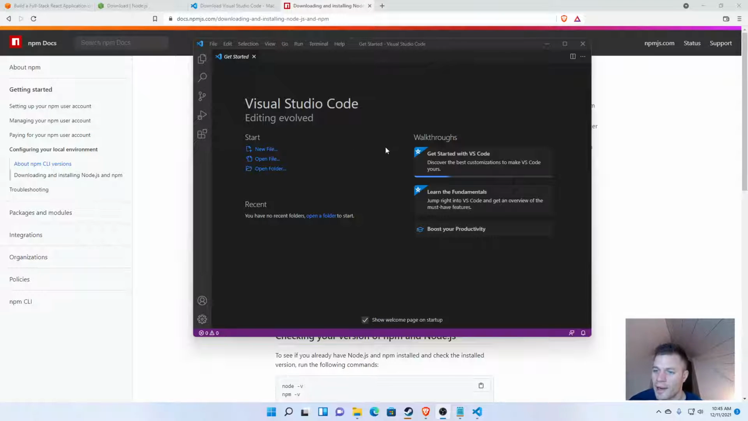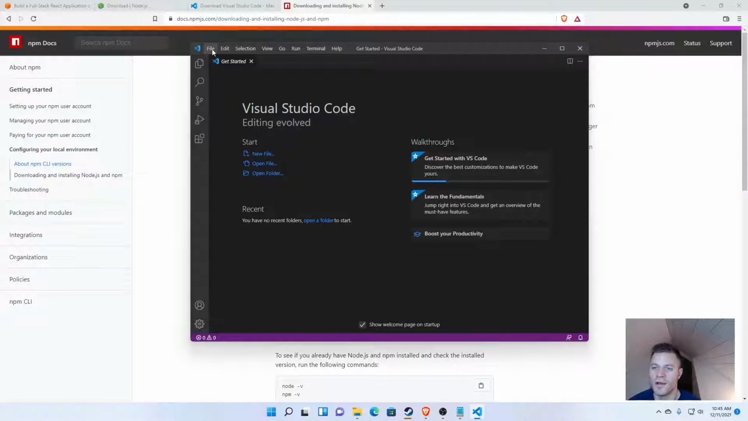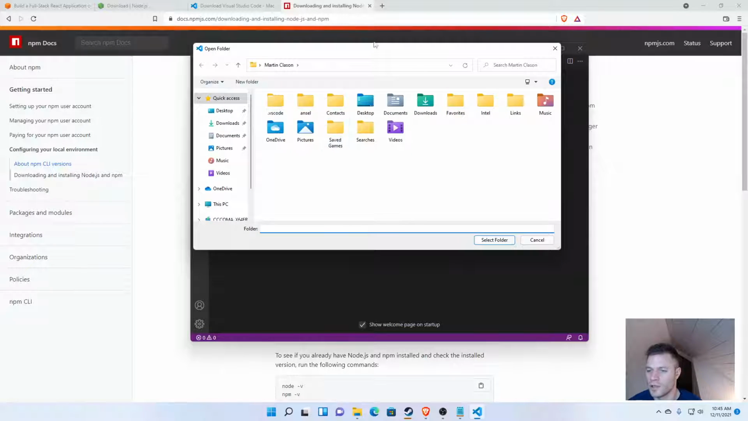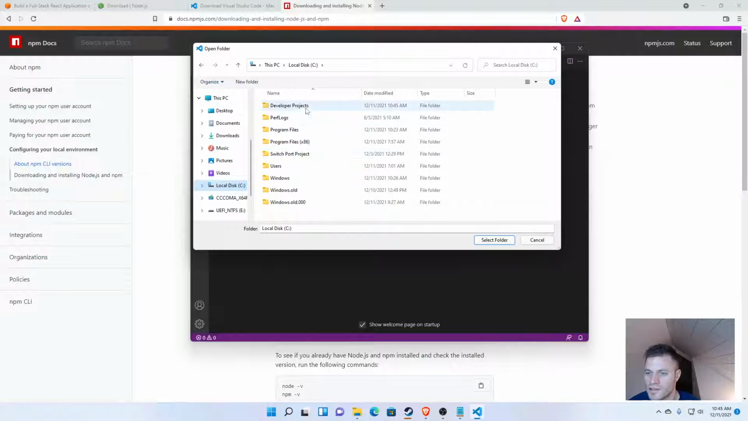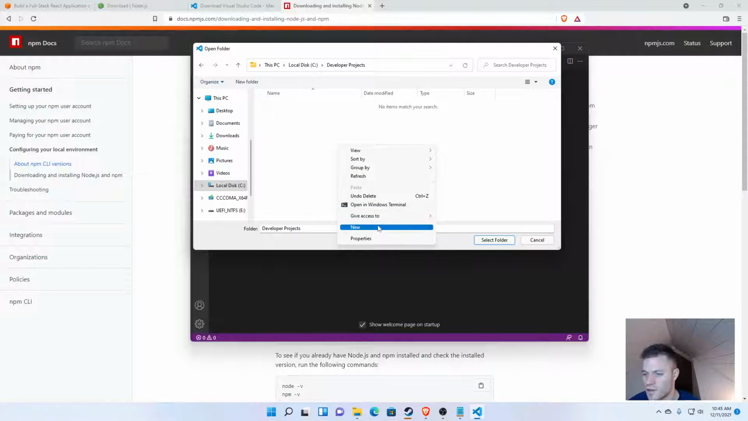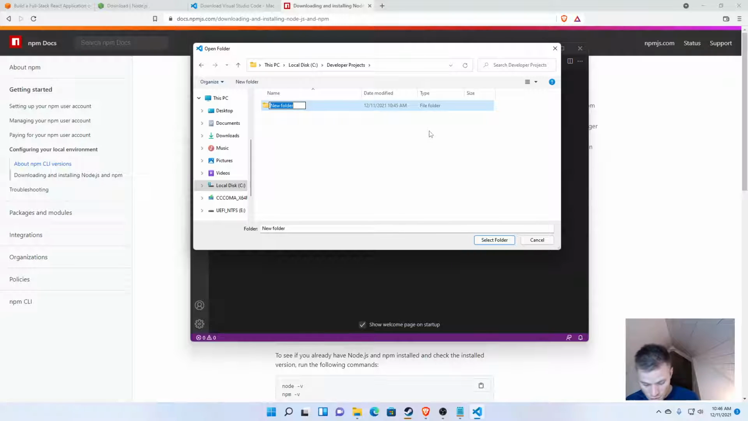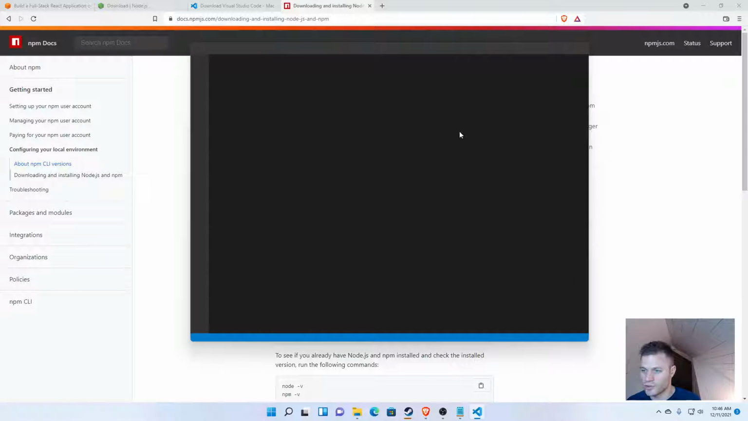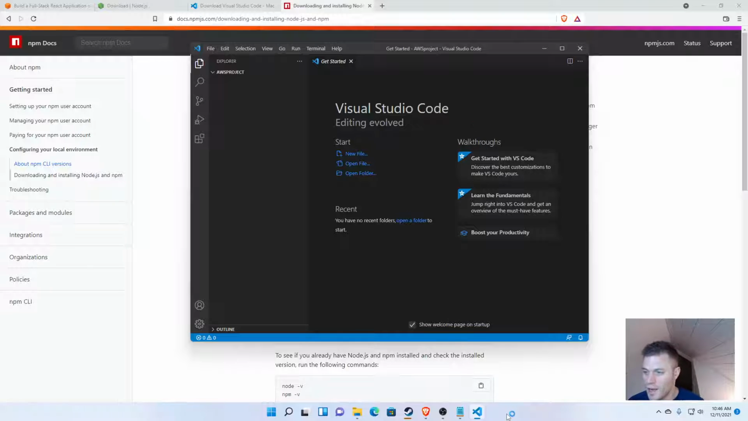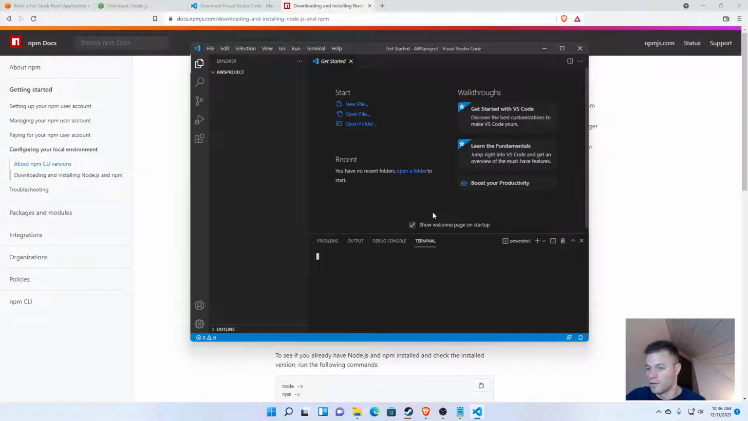So now we will prepare Visual Studio Code and get our workstation, our folder going. So I'm going to say File, Open Folder, and I'm going to just do this right on my C drive. And let's see, I have a folder called Developer Projects. I'm going to add a new folder called AWS Project, and I'm going to select that folder. Okay. And then to get into the PowerShell, the command prompt, I'm going to press Control Shift backtick, which is going to open that,